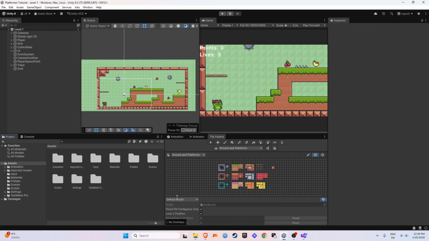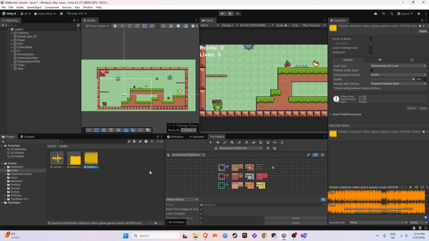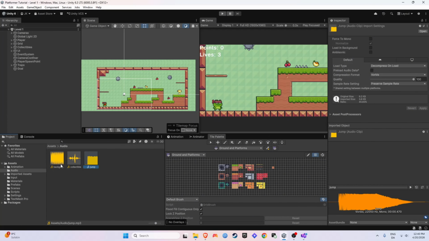Then back in Unity, I will create a new folder for this, which I will call audio, and inside my folder, I will take the three sounds I've found and simply drag them in. I will just rename my three sounds so it's easier to differentiate between them. So now that I have my background music, my collectible sound, and my jump sound effects, I will go to